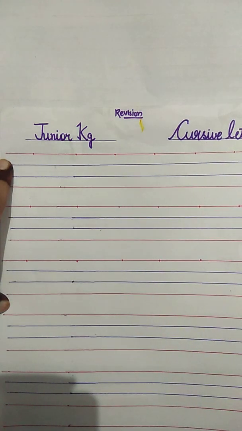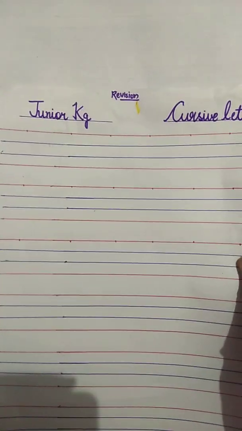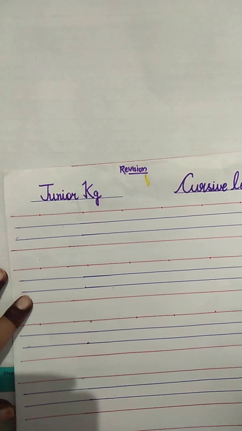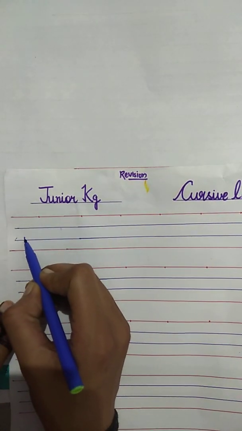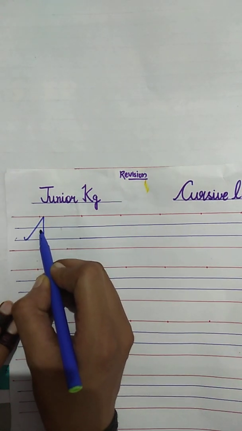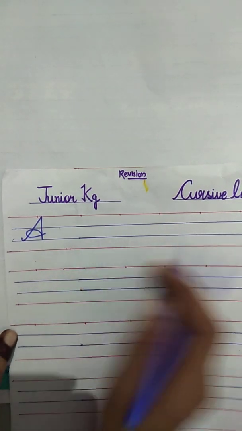Now tell me the first letter of alphabet. Very good. A. The first letter of alphabet is A. A for apple. See here how to draw A of cursive writing. You have to put your pencil on the second blue line. See here and draw a slanting line. One more slanting line and a loop between these two lines. A for apple. The spelling of apple is